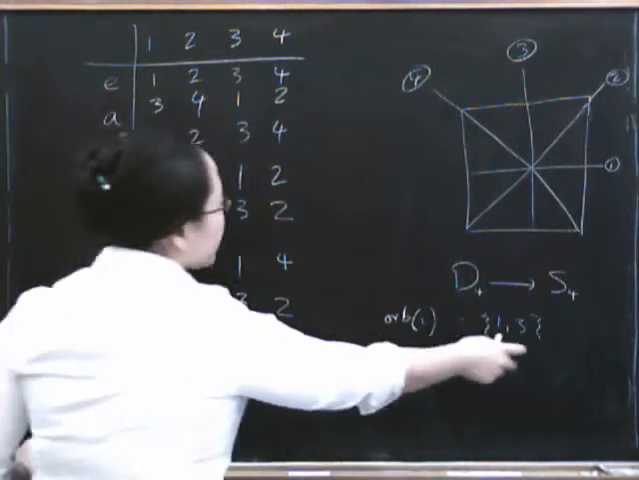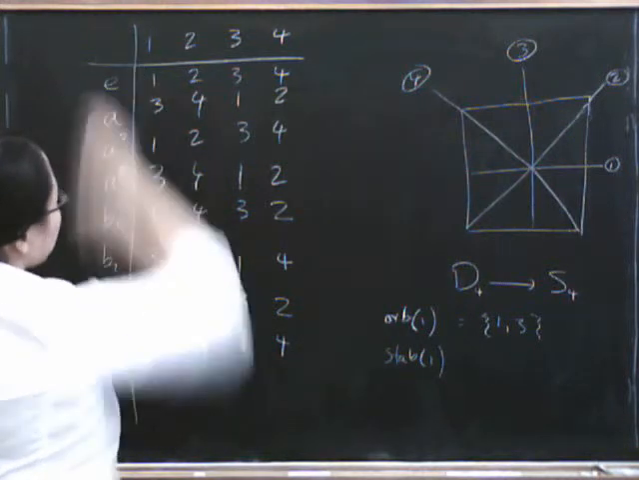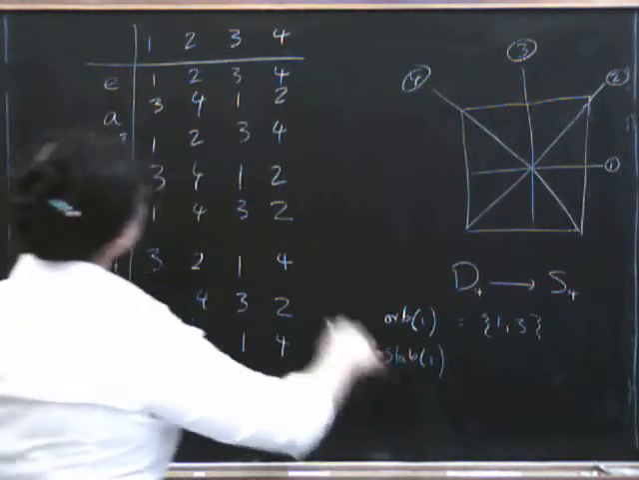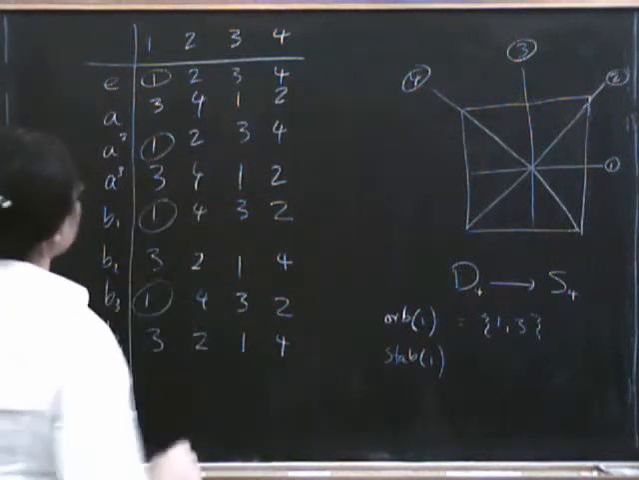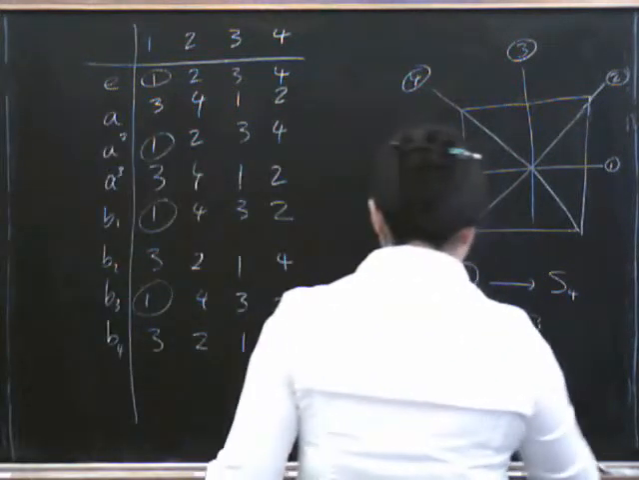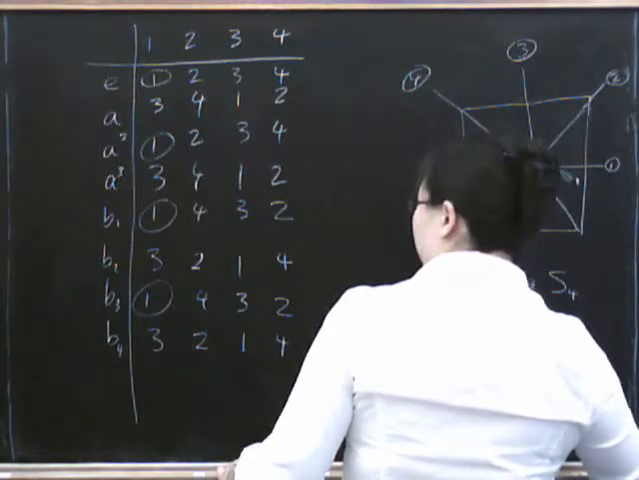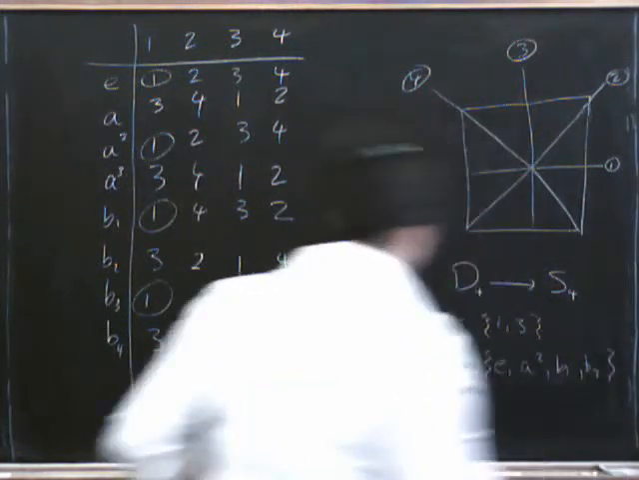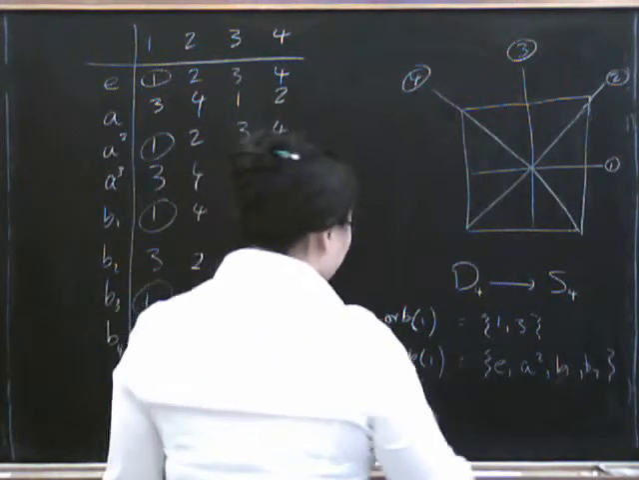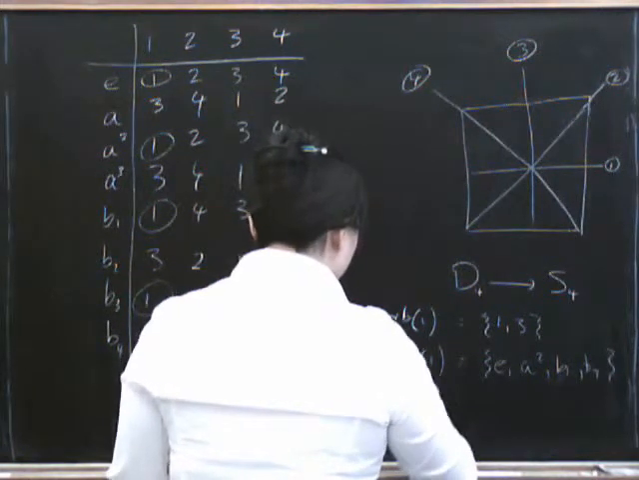You can find the orbit of 1 by looking down this column and seeing all the numbers that appear in this column, right? And to find the stabilizer, you find all the places where 1 stays on 1. So that's those places, which is A squared, B1, and B3. And finally, the orbit stabilizer theorem tells us that the size of the orbit of 1 multiplied